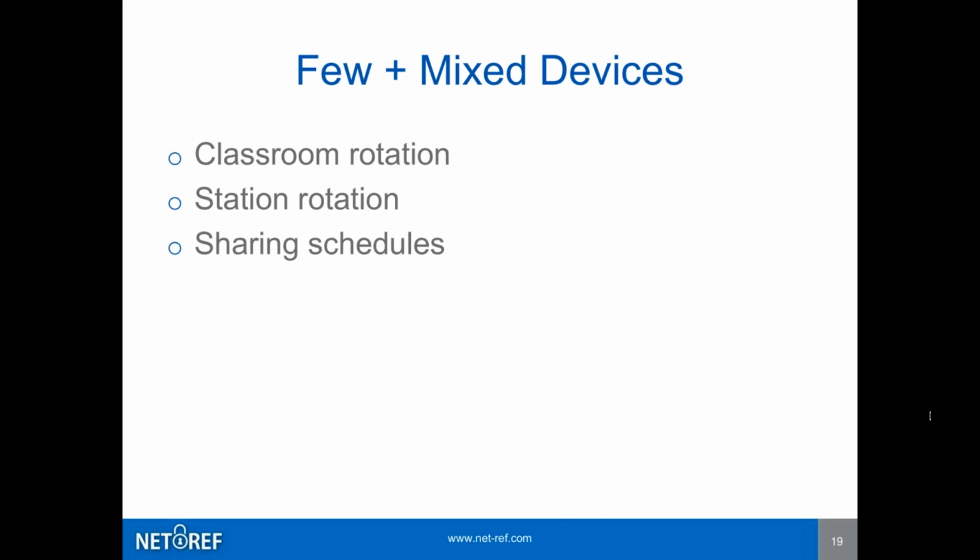So you can think about it from 2 different standpoints. It might be station rotation where you have 2 iPads and that's what's there in your tech station, and students are collaborating when they get to using those tools. Or you might have activities where you want every student on their own device, so one classroom won't have any technology tools one day because they're rotating, they're pooling all their resources to have a classroom rotation. So that's just a different take on what might traditionally happen with a few or a mixed type of devices in station rotation.